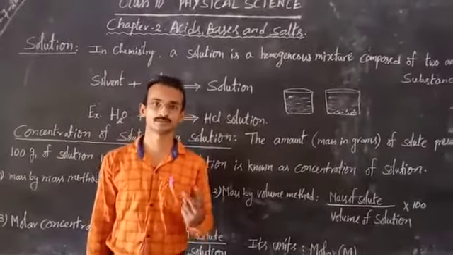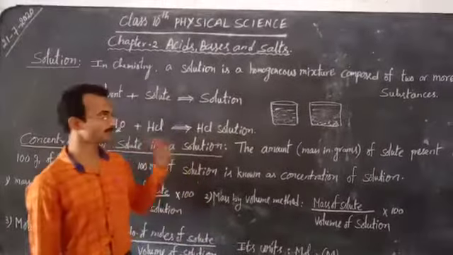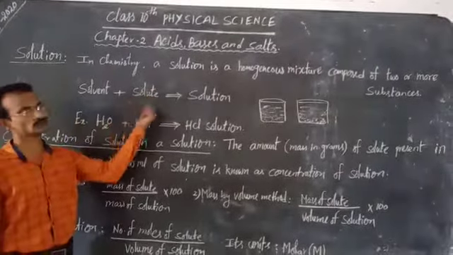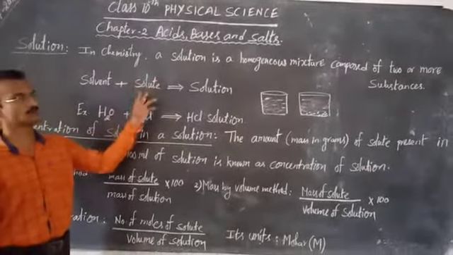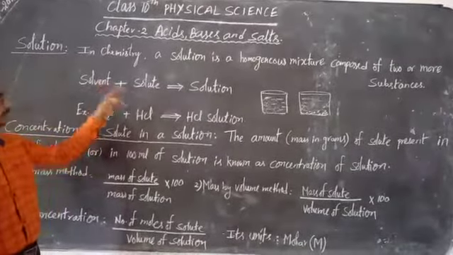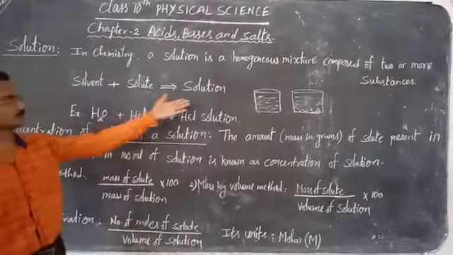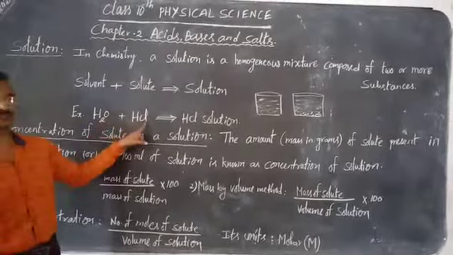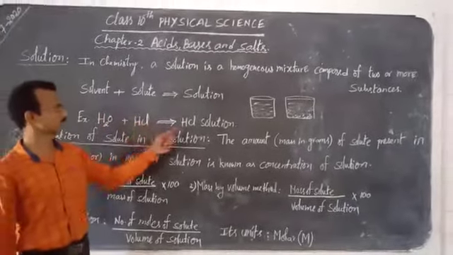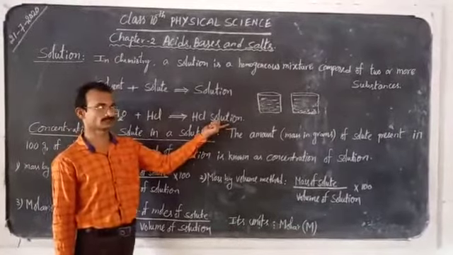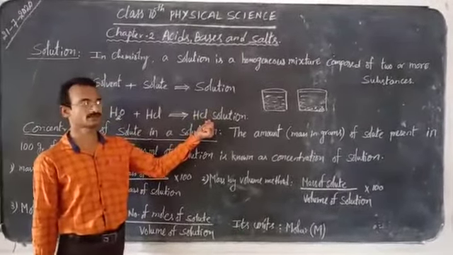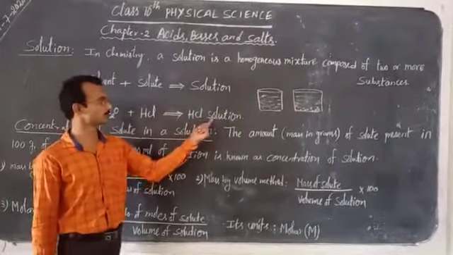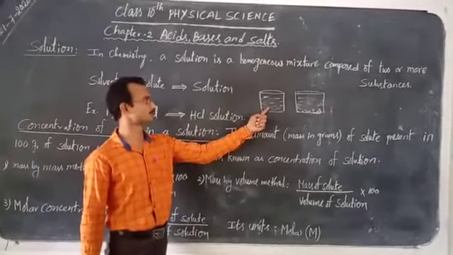Solutions may have two substances or more than two substances, but the substance with comparatively maximum quantity is called the solvent, and all the others are called solutes. It may contain two or more solutes in a solvent. However, solvent and solute give us a solution. An example of a solution: to the solvent water, if you add some quantity of hydrochloric acid, both give us HCl solution, hydrochloric acid solution. In this, H+ ions and Cl- ions are present, that is dissociation of HCl, another concept. But it is an example of a solution. It is also a clear, homogeneous mixture.